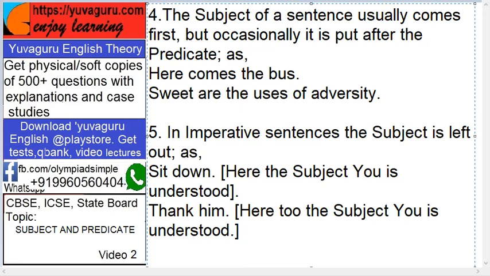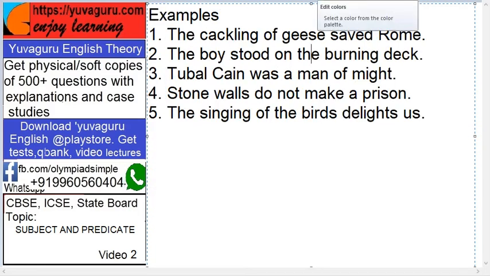Let's take a few more examples. Stop crying means you stop crying. Go to hell means you go to hell. These are imperative sentences. Let's take a few examples. We have solved the examples in depth, tougher ones also, in the practical problems. These are only theory, just to give you a hint, we are solving these examples.